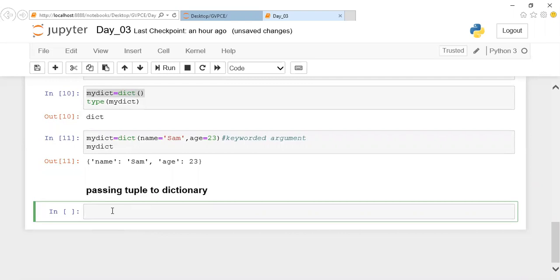Now we'll see passing tuples to dictionary. This is one of the other approaches. My dict3 assign dict.